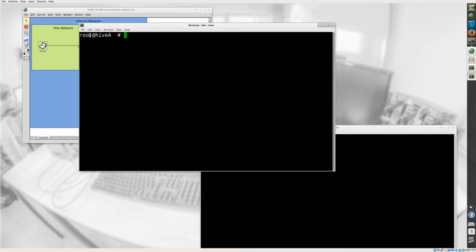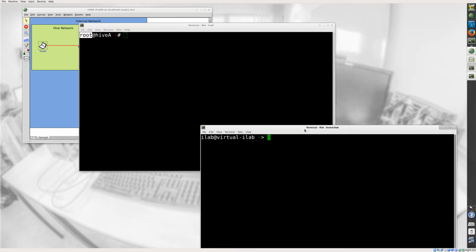Now you already saw that we have different users. We have the root user and we have the iLab user here. The main difference is that the iLab user has restricted rights. The main purpose is to prevent you from accidentally deleting files, for example, that are required for booting the VLab or similar. In order to change some specific configurations, for example for a network, you usually require more rights than a regular user like the iLab user has, which means you need root rights. Root basically means you have all the rights.